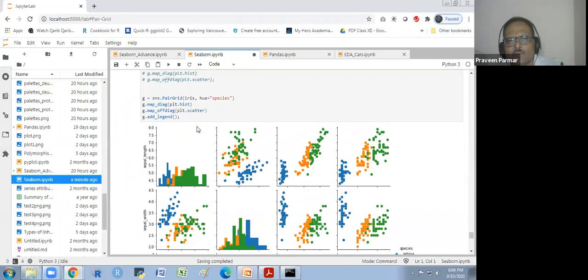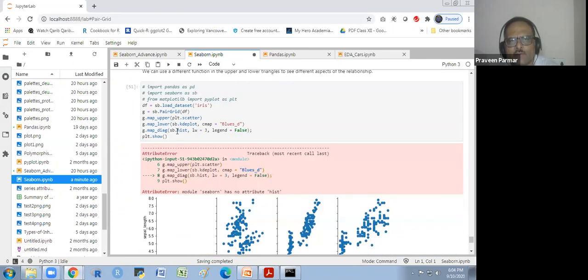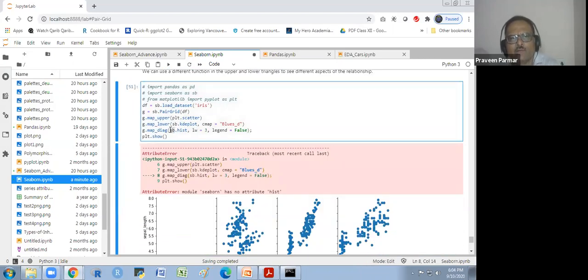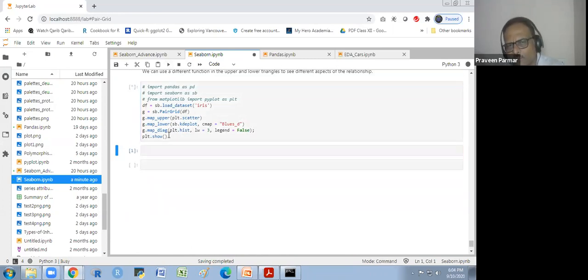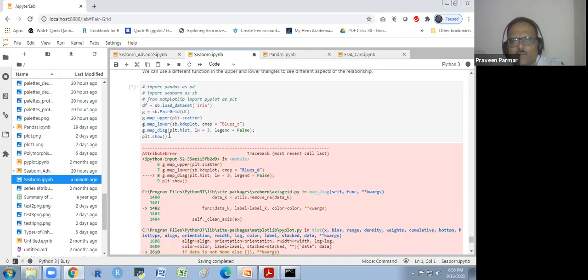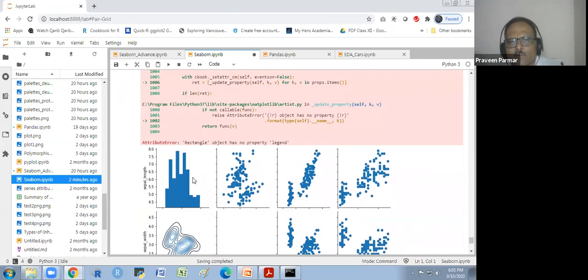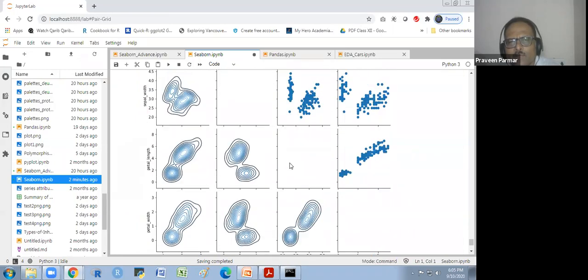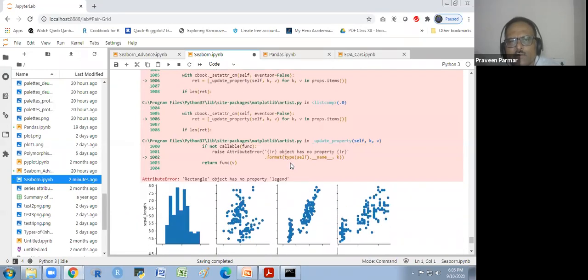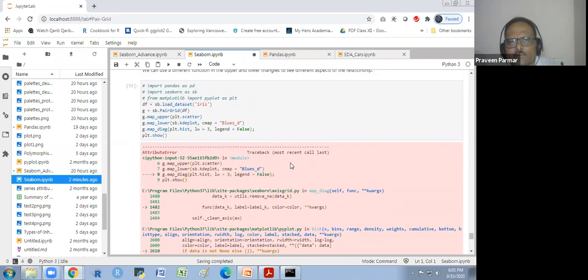Histogram is not working. Why is it not working? plt will take the histogram, not this sns. So we'll take the plt. That is a little bit confusing. Sometimes Matplotlib and Seaborn are both working together, so sometimes we get that it works in one but the other does not. Rectangle object has no property legend.